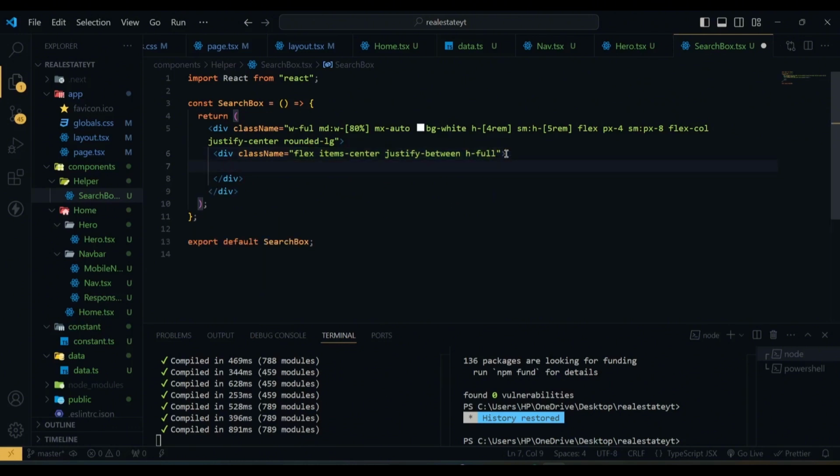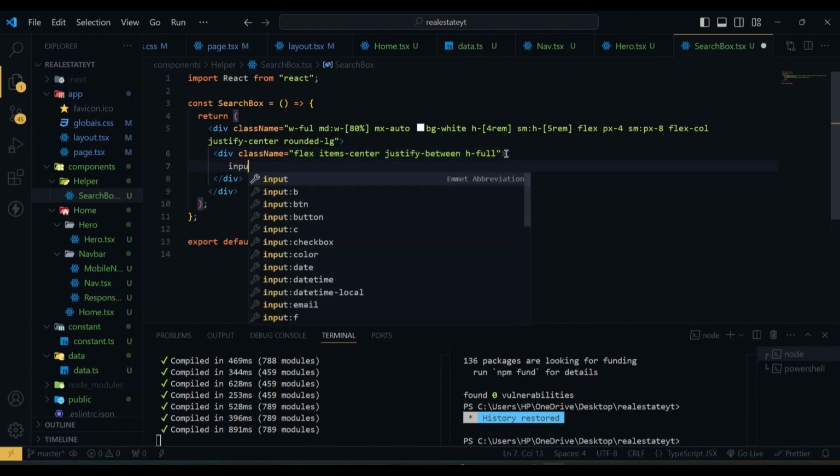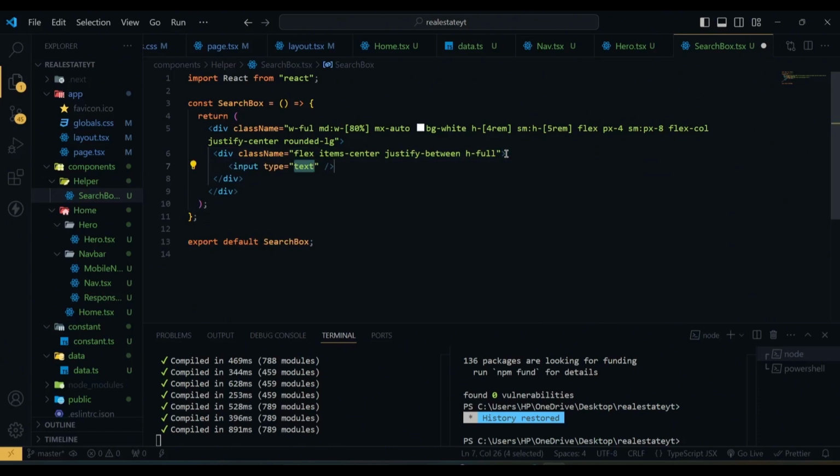Now then inside this div we first have a input of type text and the placeholder will be enter an address, city or zip to buy,